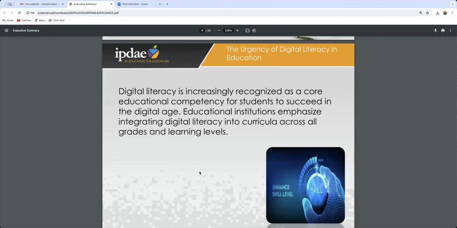The urgency of digital literacy and education. I don't know about you in your county, what you've observed, but I have seen, and I have in conversation, some people have shared that they're not actually using those digital components to the degree in which they actually could. Digital literacy is increasingly recognized as a core educational competency. So if you're not using a digital literacy component in your classroom,